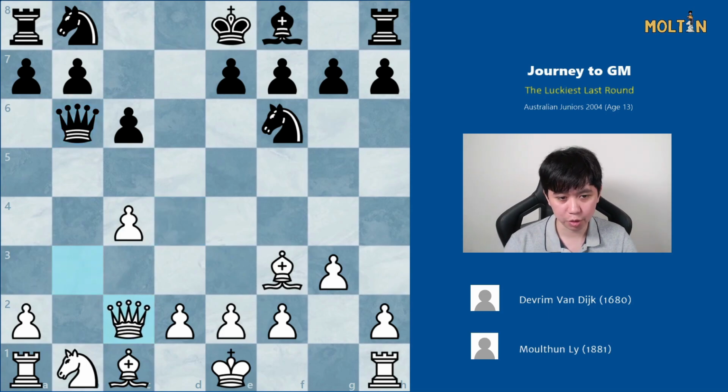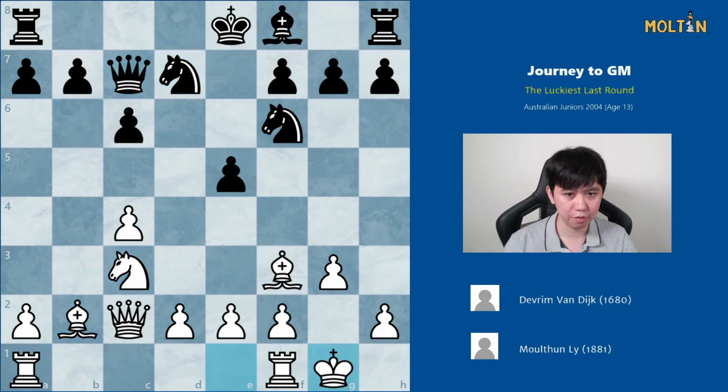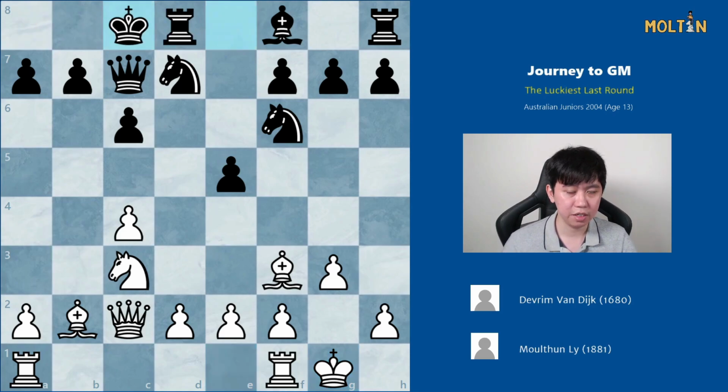We don't trade queens, of course, just keep them on. And we used our bishop pair and the open b file. So bishop b2, knight c3, queen c7, castles, and we have a very comfortable position. Here my opponent played something I wasn't expecting, and that was to castle queenside instead of kingside, and